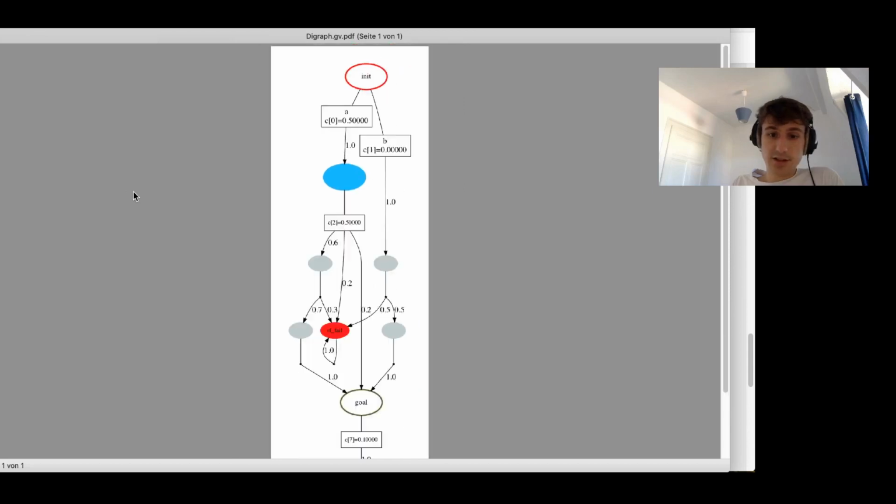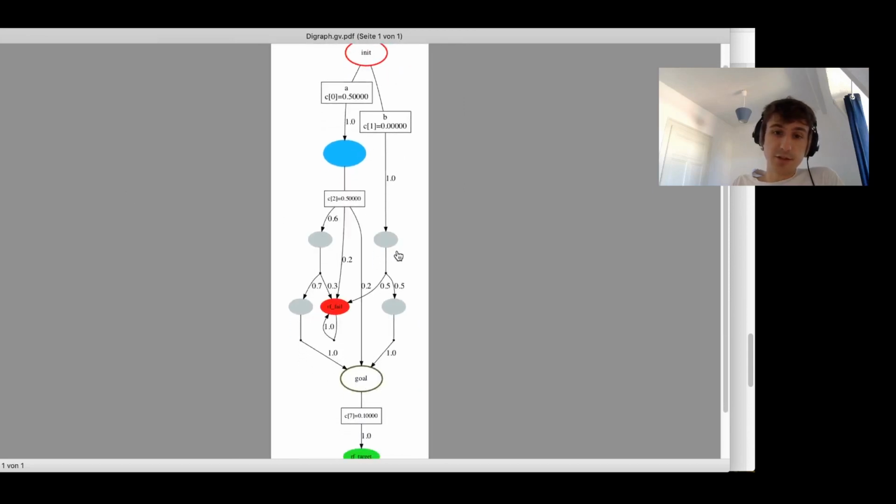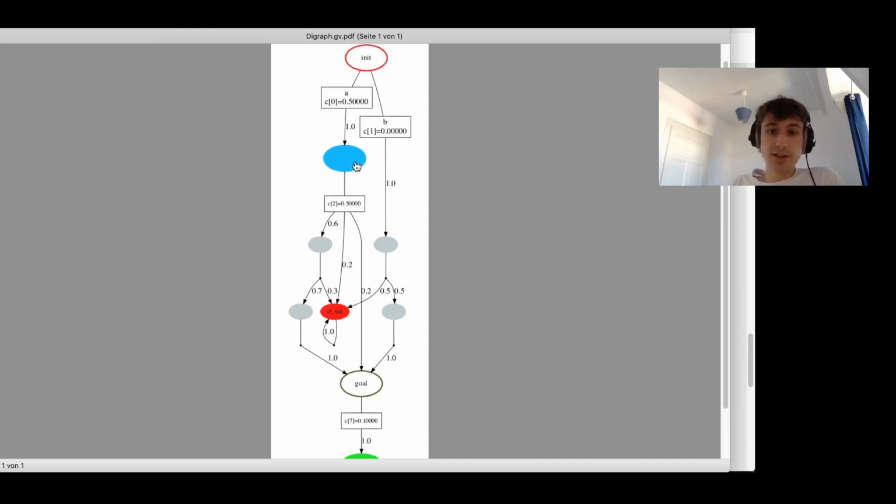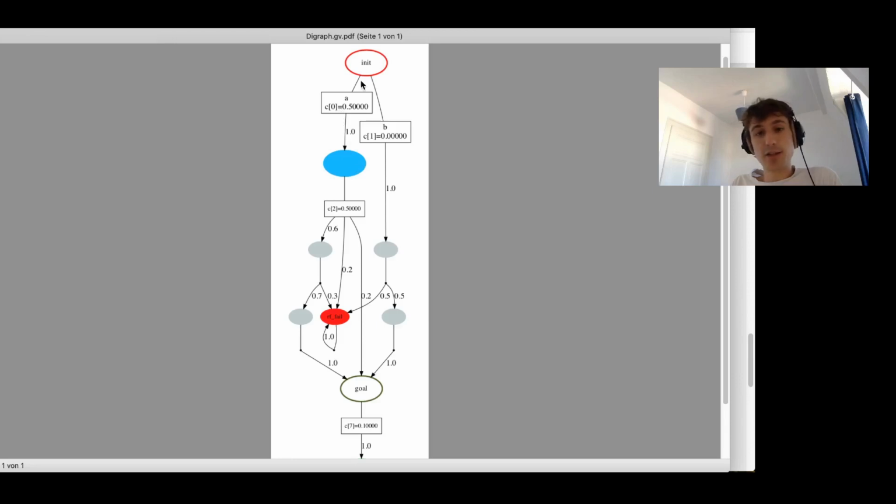And you can see here that the grayed out states are not part of the subsystem, so it is enough to include this one state here. For maximum probabilities, the Farkas certificate actually has 1 entry per state action pair, and these entries are displayed here on the edges. So basically, the entry init action A has value 0.5 in the corresponding certificate that was computed and that underlies this subsystem.